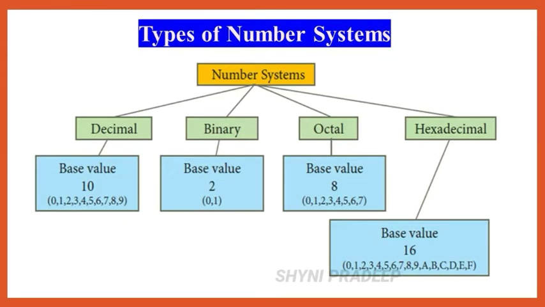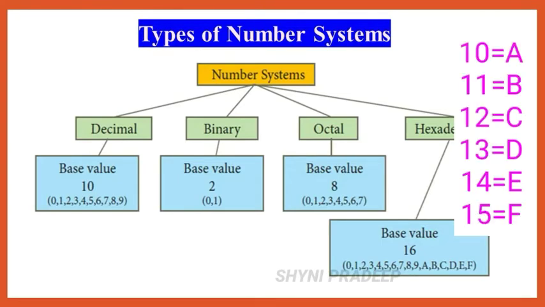In hexadecimal number system, the first 10 symbols are same as in the decimal system, which means 0 to 9. And the other remaining 6 symbols are taken from the first 6 letters of alphabet sequence, which means A to F. So you have to take 0 to 9 values as normal integers, but 10 represents A, 11 represents B, 12 represents C, and 13 represents D, 14 represents E, and 15 represents F.